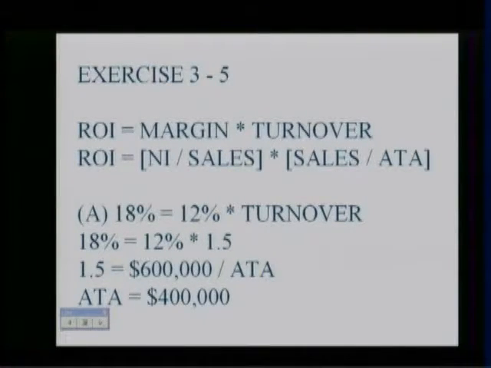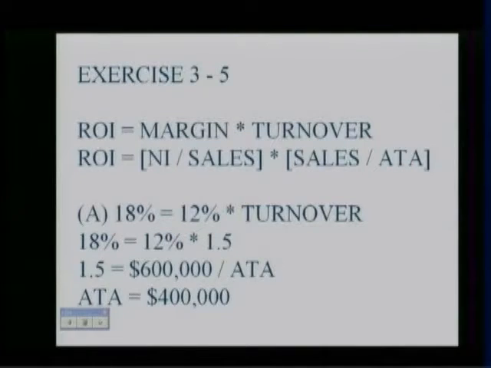So for example, let's look at problem A. Firm A has a margin of 12%, sales of $600,000, and ROI of 18%. Calculate their average total assets. Anytime you have an ROI and either margin or turnover, you can compute the other one. So in this case, we have the ROI of 18, we have the margin of 12, so we can compute our turnover. Simply set up your formula, 18 equals 12 times some unknown amount. Take your 18%, divide it into 12, and you'll get